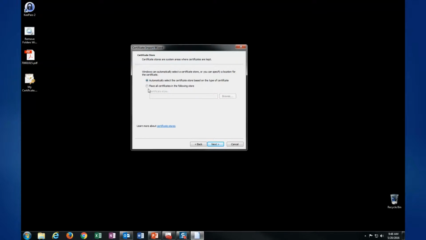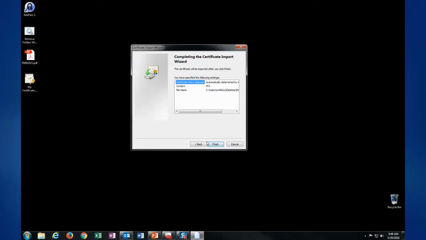And just as with the root certificate, we want to let it automatically choose the store to install the certificates in. If we choose to choose a store manually, since we have more than one certificate type in this file, we have our personal certificate, intermediate certificate, and root certificate. If we choose this option, it will install all three of those certificates in the store we choose, and we don't want to do that. So choose automatically select certificate store. Click Next, click Finish,